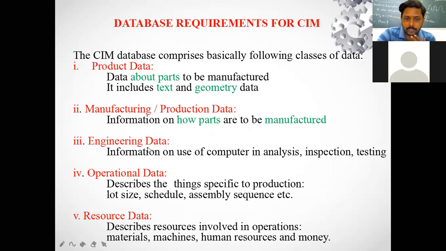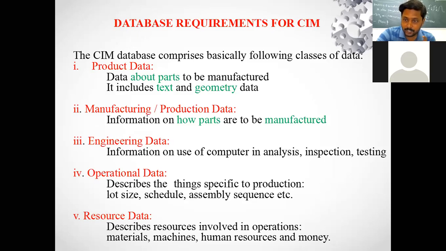Engineering data is the third class. Third class means third type. Information on use of computer in analysis, inspection and testing. These are the types of operation which come under engineering.